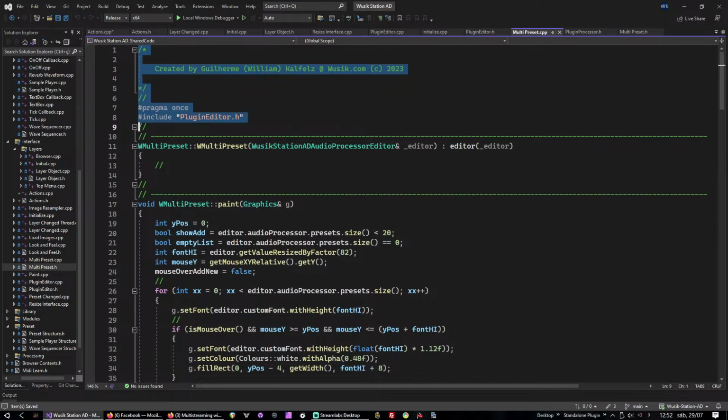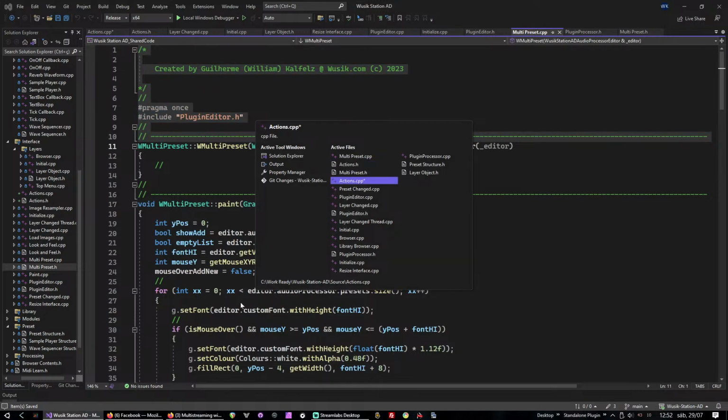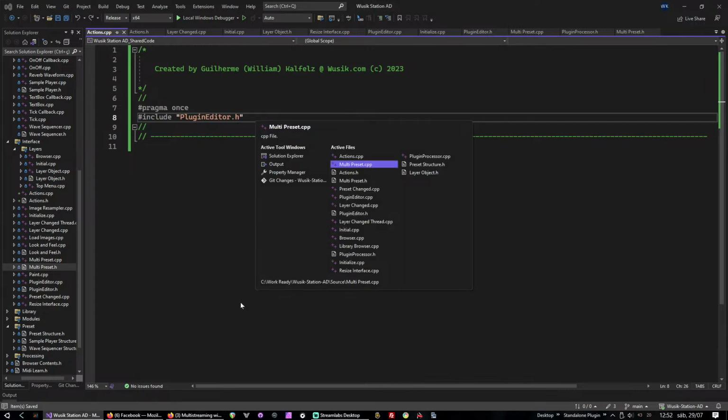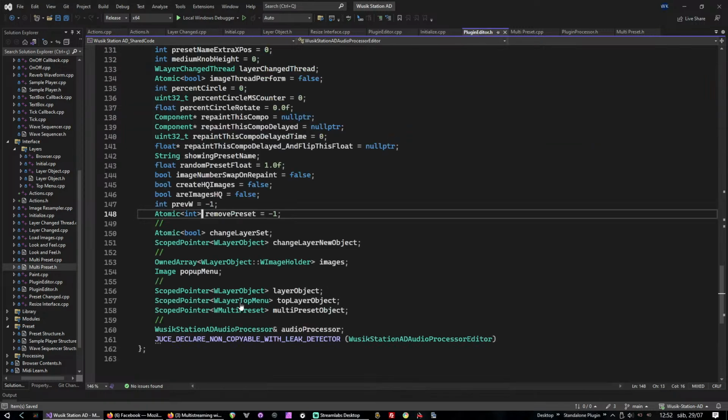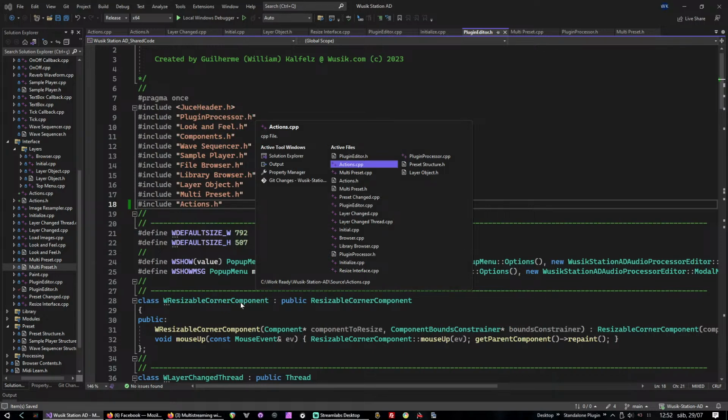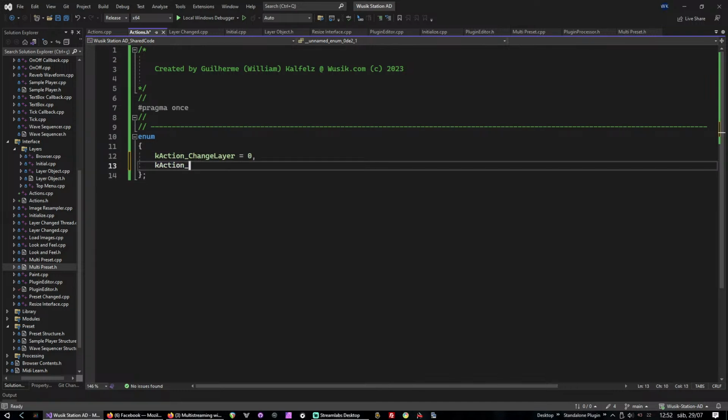So then on the multi preset, I'm going to copy here, and instead I'm going to add the action list to the plugin editor here. Oops. Actions. So there we have it now. And then I can add more actions as I needed. Change layer, remove